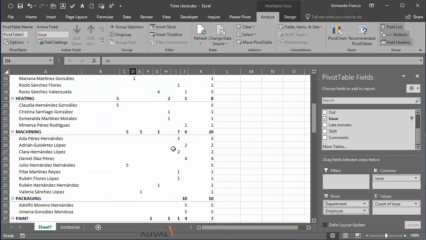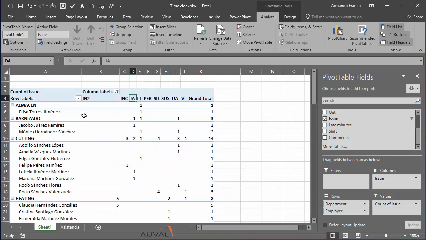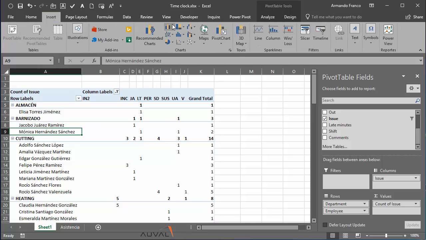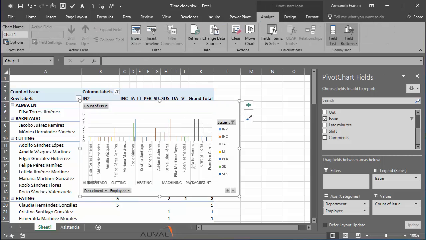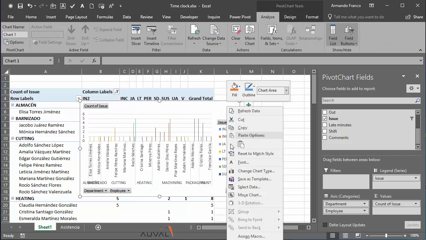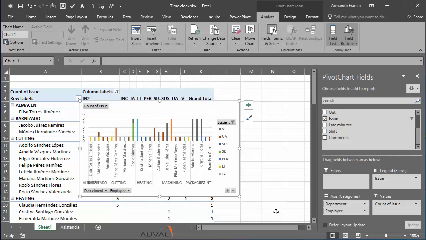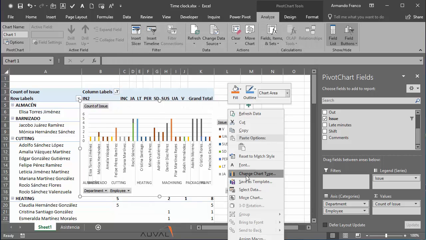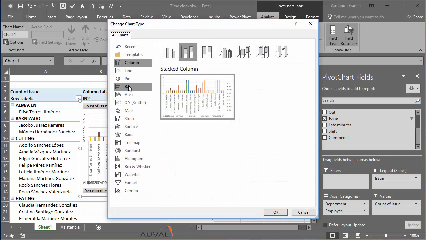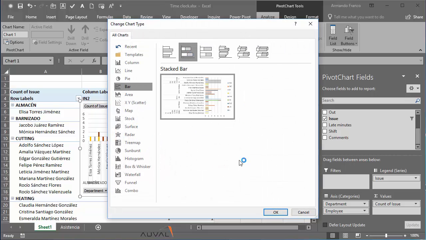and that's it. Well, I could create a chart. Click anywhere on the pivot table, insert, here, here, to crowd. Right click, change chart type, and stack them. Okay, still don't like it. Right click, change chart type, stack them like this.